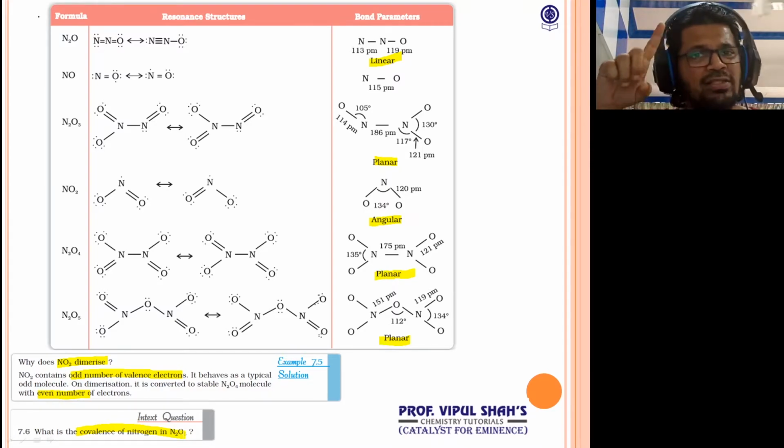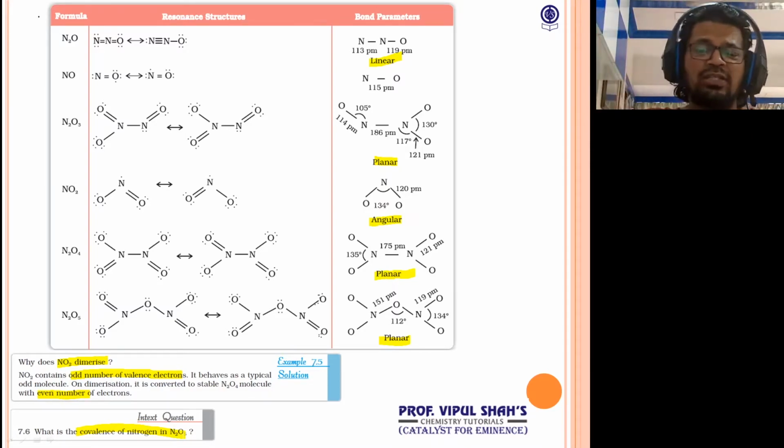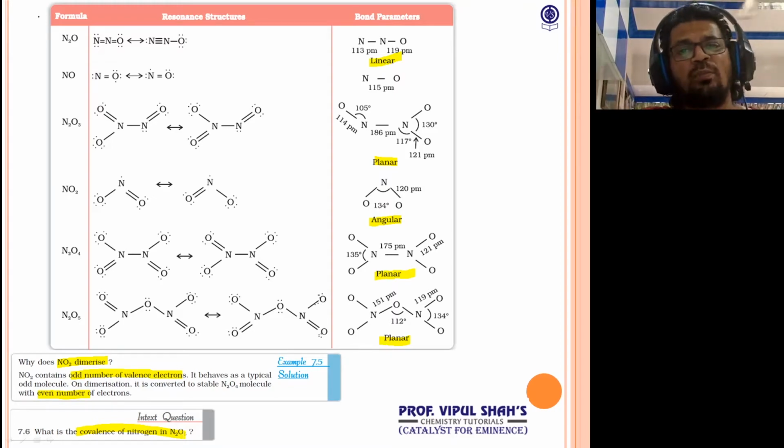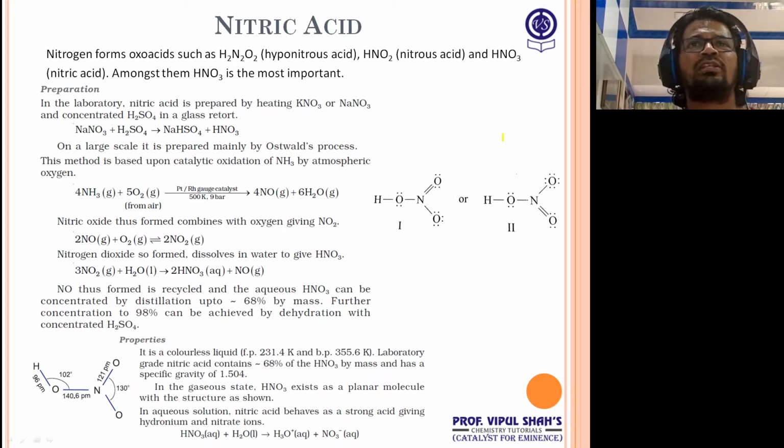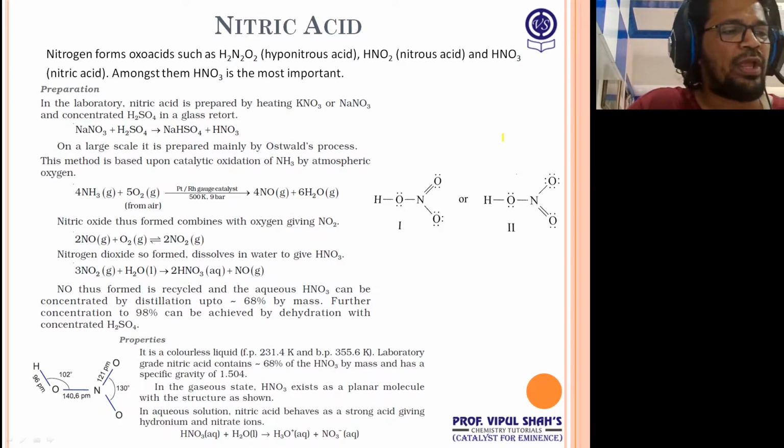It's not valency or oxidation state. It's the maximum bonds it can form, which depends on the orbitals in its outermost shell. So in the outermost shell, there is 2s and 2p. So one 2s, three 2p, so 4 orbitals. So maximum covalence is 4. That's one. Then moving on, next I want to talk about nothing but nitrogen.